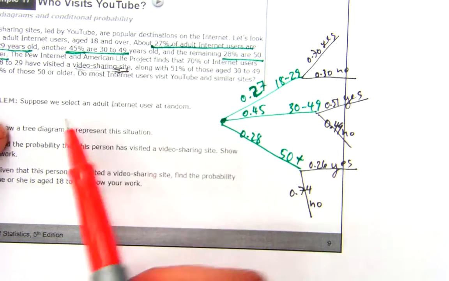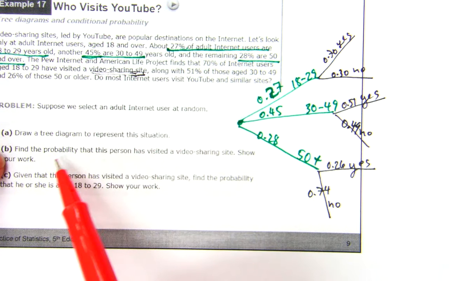So, draw a tree diagram to represent the situation. Check. Find the probability